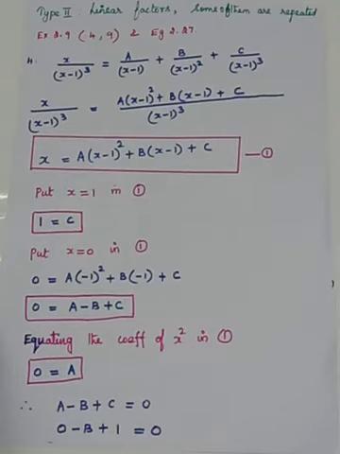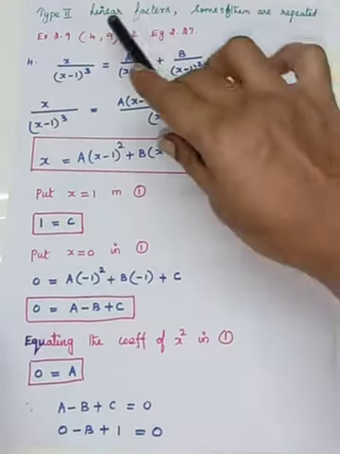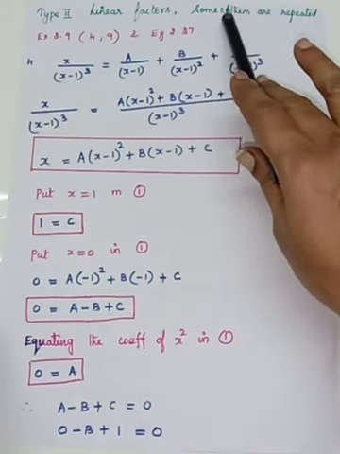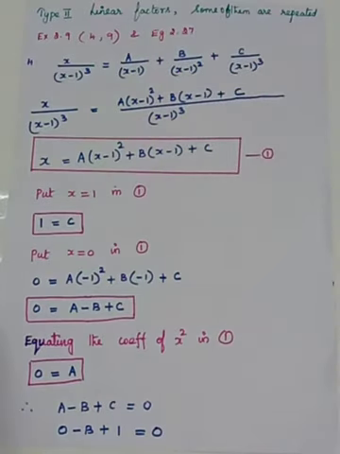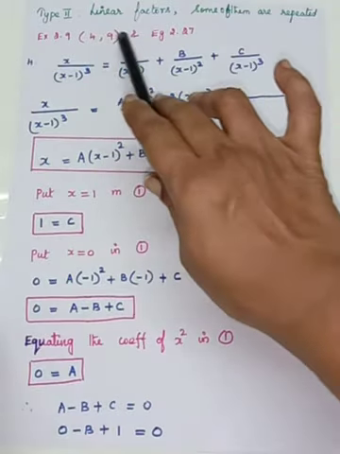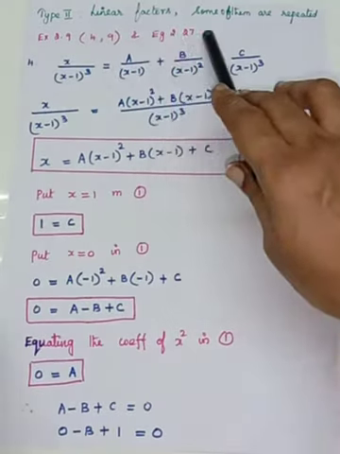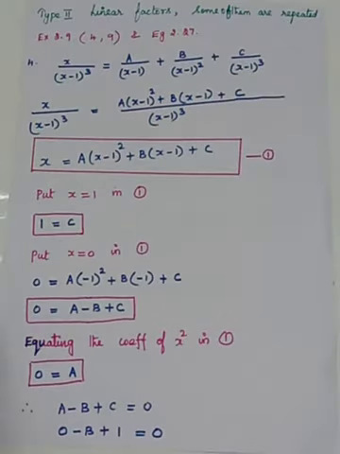Next we are moving to the second type. So see, in that, some of the linear factors are repeated. That means what? We have seen in the first type linear factors only, so none of them is repeated. Okay, here some of them are repeated. Okay, so exercise 2.9, 4th and 9th problem and example 2.27 are coming under this type.